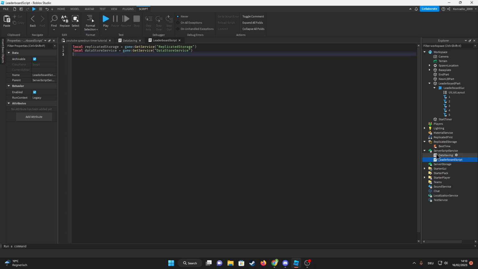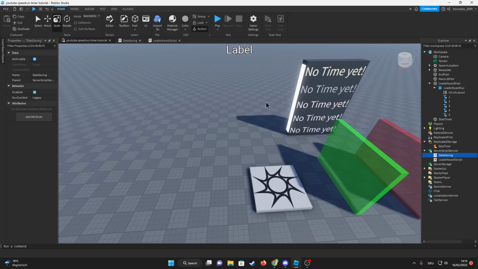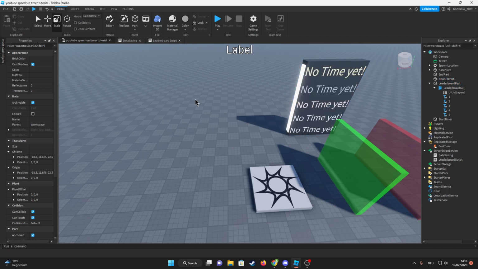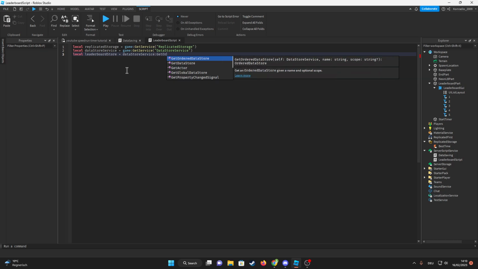Now, in the data saving, we used get data store. But for the leaderboard, we're actually going to use get ordered data store. That way it isn't going to be whoever gets a time first is on top. It's going to be whoever gets the best time. So we're going to do local leaderboard store is equal to data store service get ordered data store,